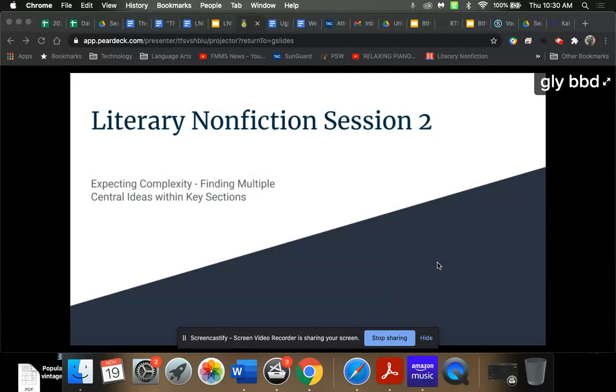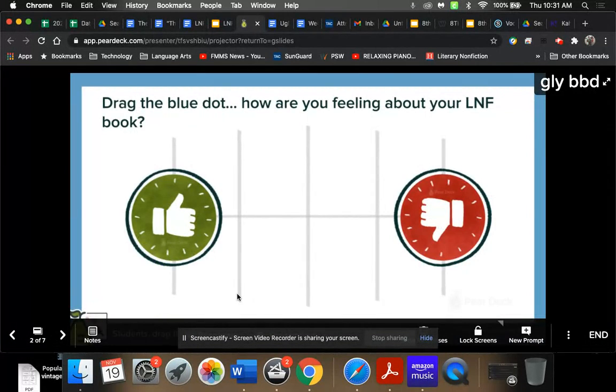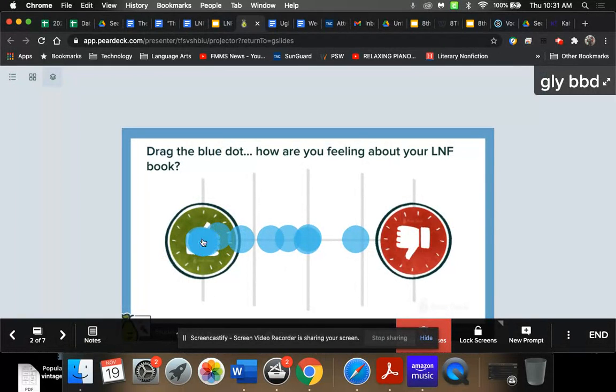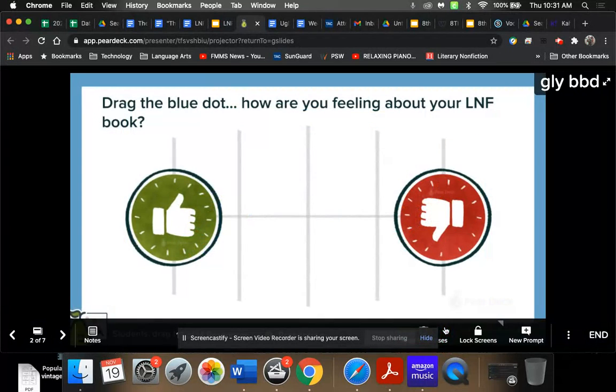So I want you to take a second. Tell me, do you like your book so far? I'm just going to click this little arrow down there. So you have a little blue dot on your screen. You're going to tell me if you like it or you don't like it. And this is a little meter, so it'll let us know. Oh, okay. Most of us are towards the green thumb, so that's good news. I like to hear that. All right, so